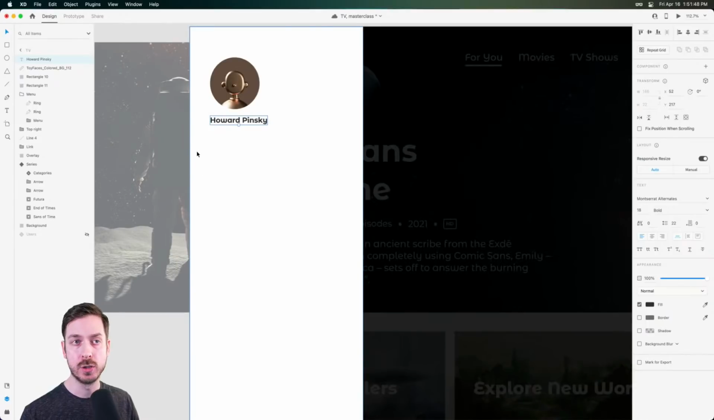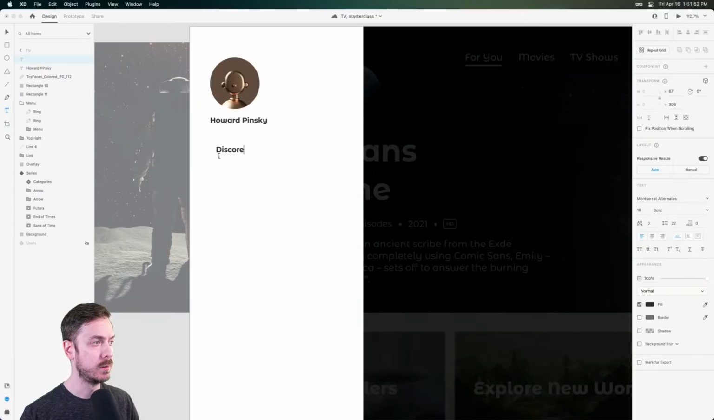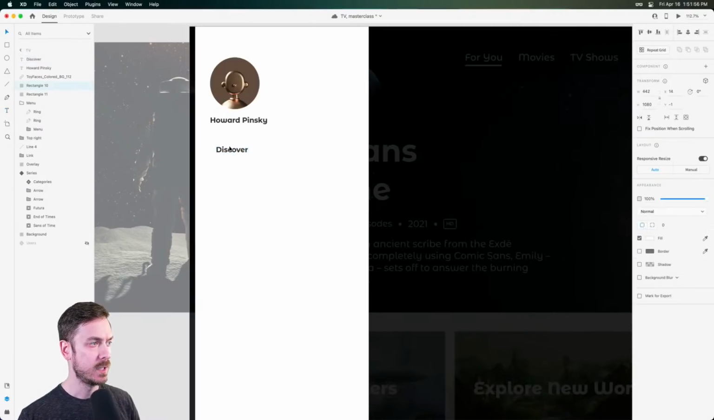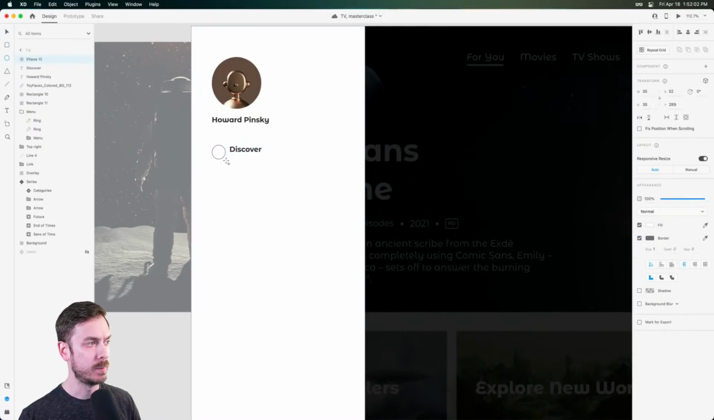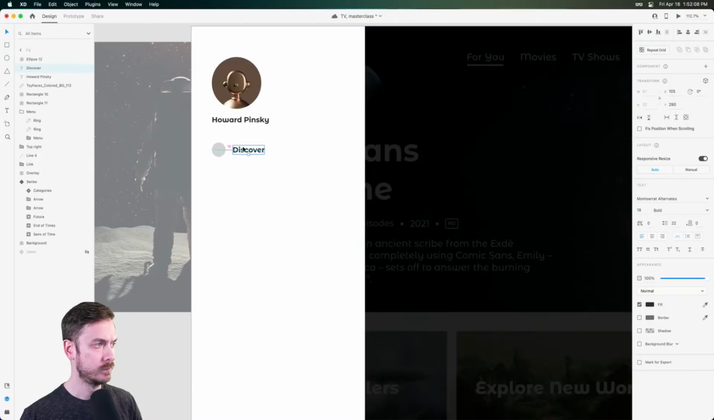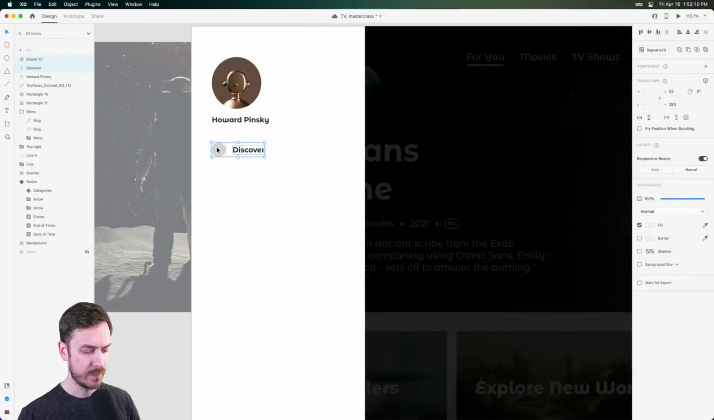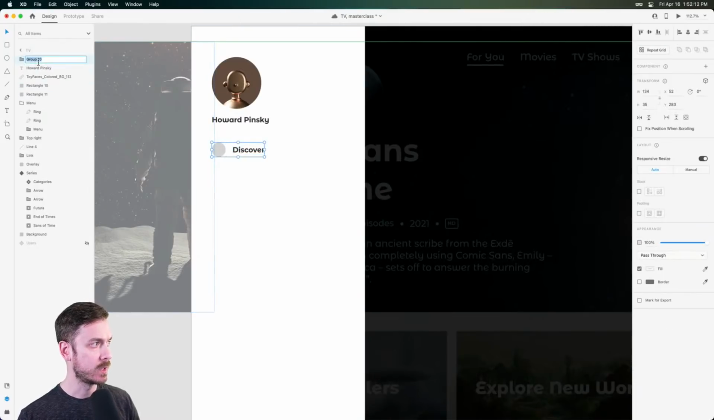might want some additional sections for this menu. So maybe we might want, let's say, Discover. And since we don't have too much time, I'm not going to worry too much about the icons, but just as placeholders, I will add in a little bit of an ellipse. There we go. And for this, we can go ahead and group this, and this will be called, let's say,